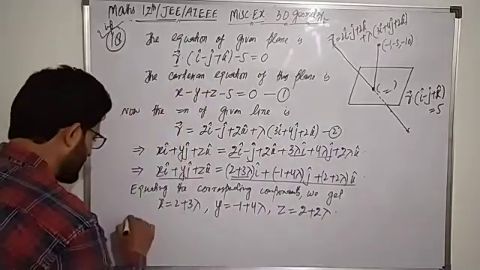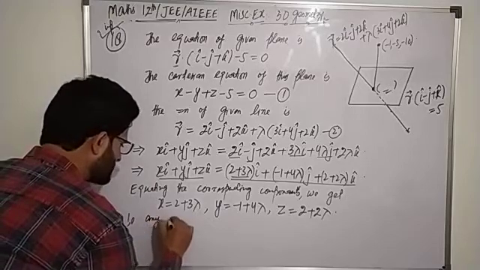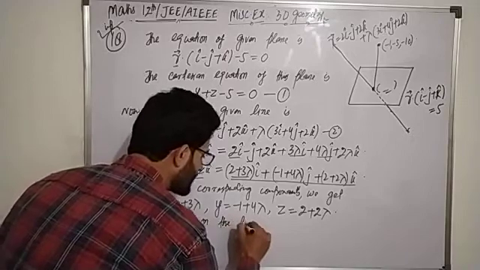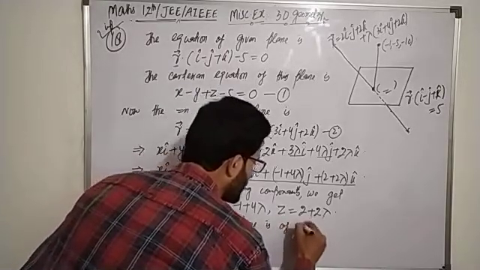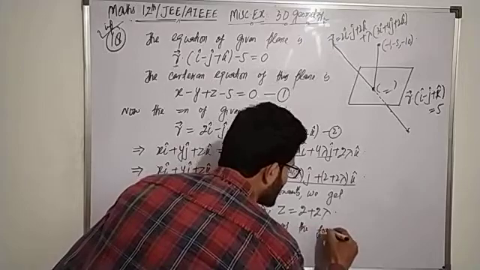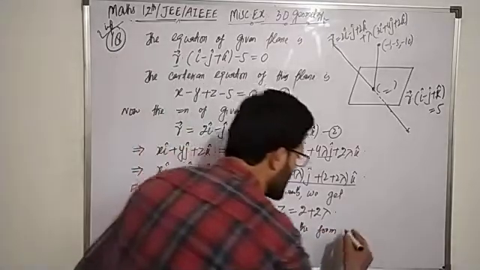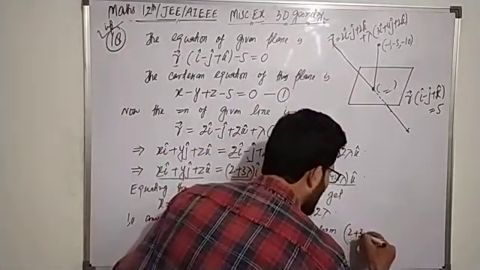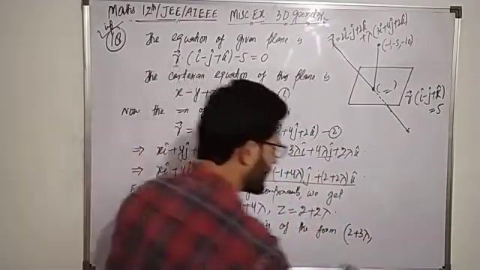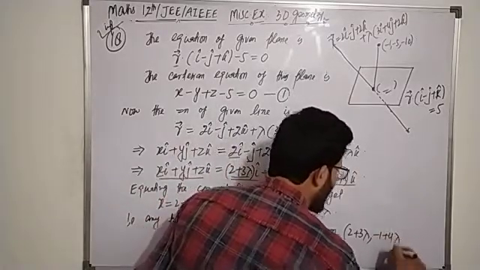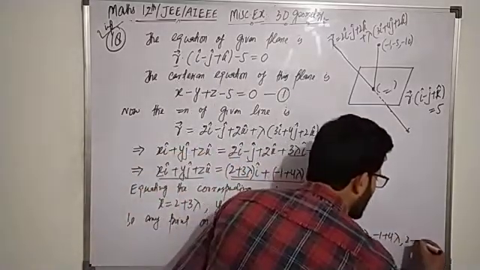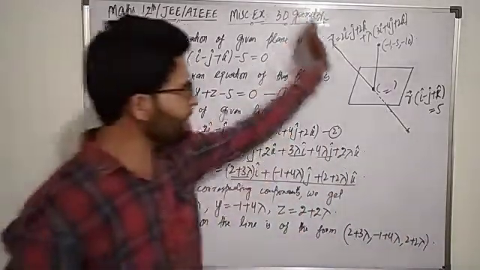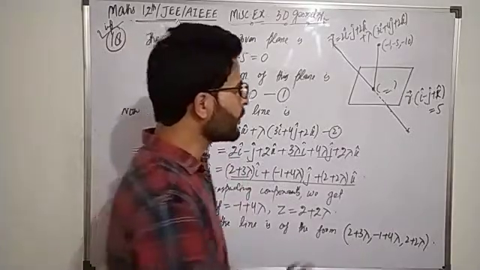That is, any point on the line is of the form 2 plus 3 lambda. इसका x कोऑर्डिनेट होगा ऑफ द फॉर्म 2 plus 3 lambda, y कोऑर्डिनेट होगा -1 plus 4 lambda, और z कोऑर्डिनेट होगा 2 plus 2 lambda. Is that clear? कोई भी पॉइंट जो लाइन पे होगा वो इस फॉर्म में होगा, लेकिन कोई भी पॉइंट,